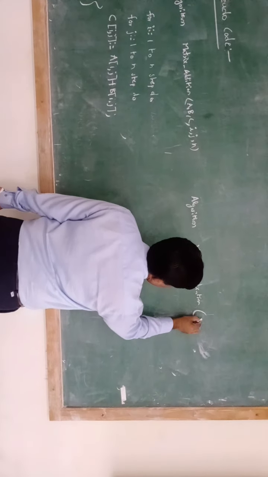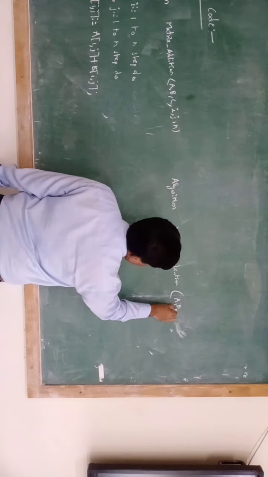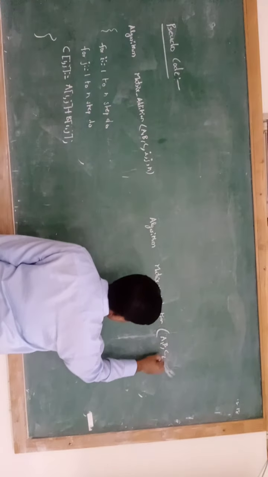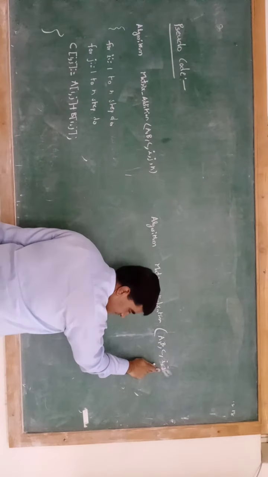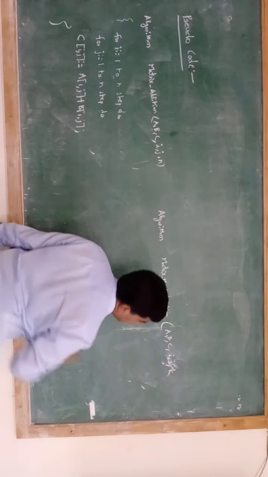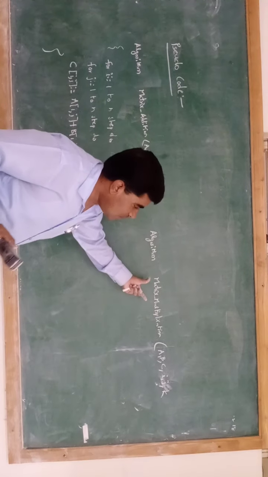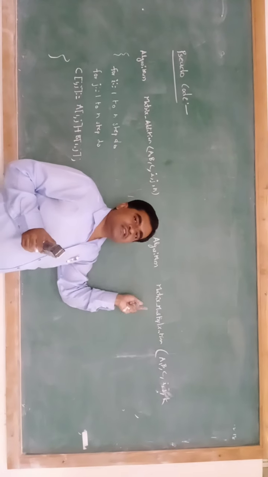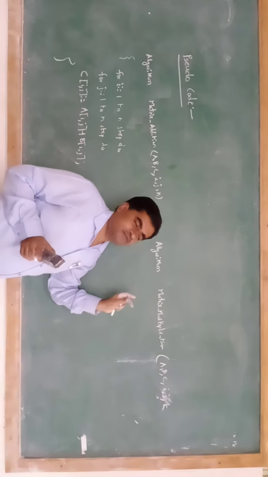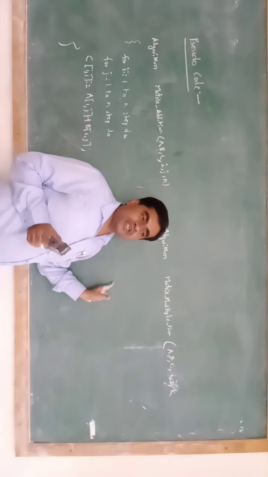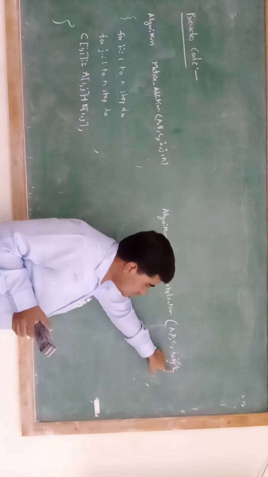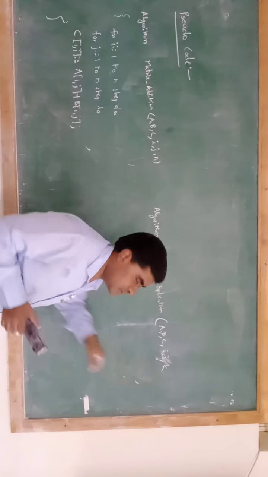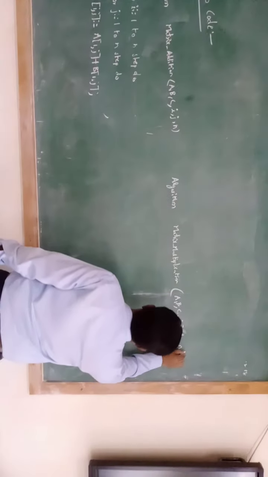So parameter list: A and B are input matrices, C is the resultant matrix, I and J, where I represents the rows and J represents the columns, and again the K parameter we are using. Whenever you want to go for matrix multiplication, one condition should be satisfied. The first matrix's number of columns should be equivalent to the second matrix's number of rows. So for that purpose we are using k as the parameter, and n.